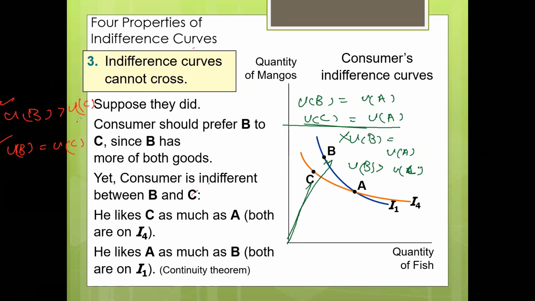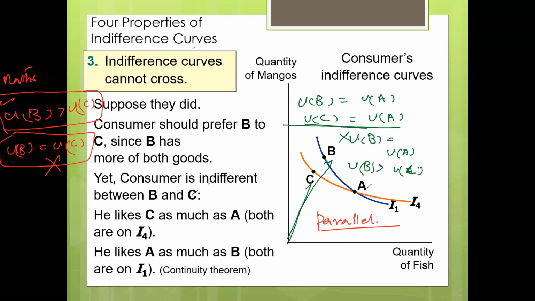Since this property is coming from mathematics, it will hold always, it cannot fail. So this is continuity, this will hold. So it means if we need to make sure this holds, then the other property will not hold. And if you want to make sure this property does not hold, you need to make sure that indifference curves are parallel